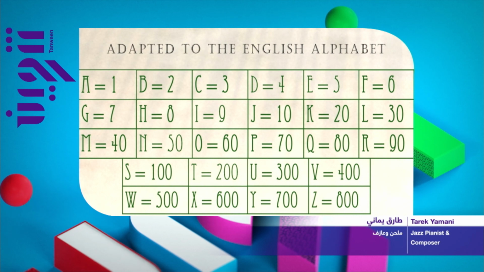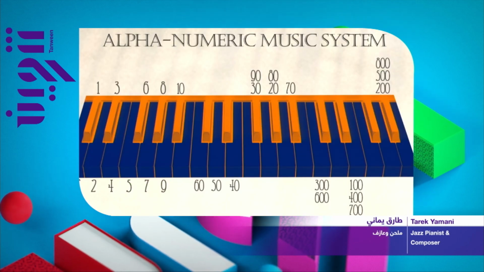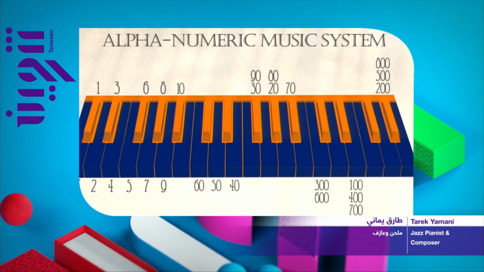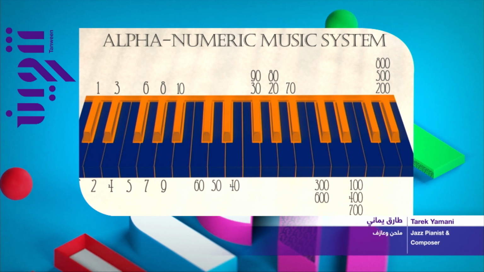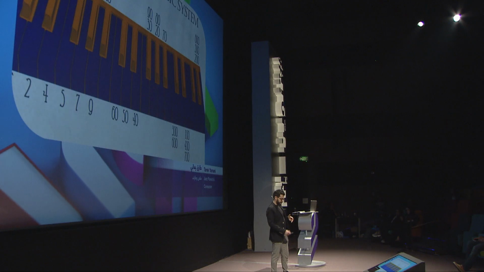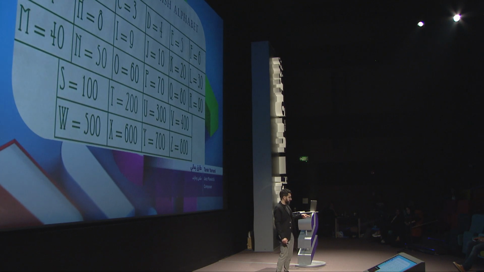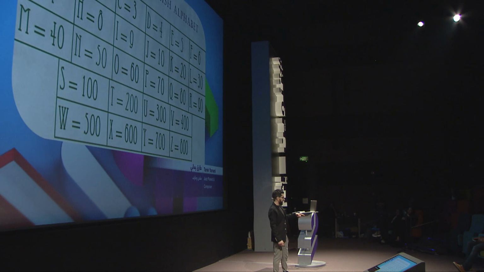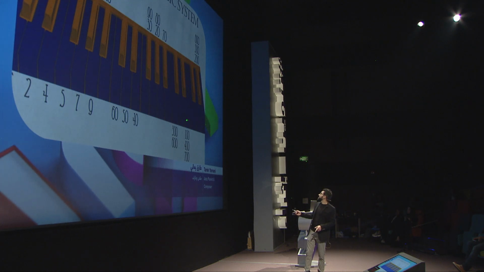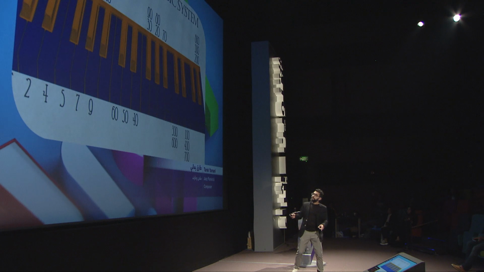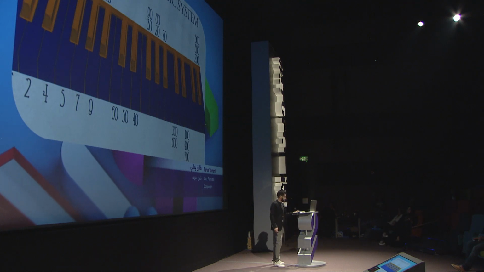So what I did is that I took these numbers, and I put them on a keyboard in terms of half steps. So 1 represents 1 half step from C, 2 represents 2 half steps from C. And then I get these numbers over a series of keyboards. For example, let's say Saudi. So SA. I look at this pattern here. What is S? S is 100 and A is 1. So I go back to this one. Where is 100? I see 100 here. That is E. So this is 100, E, and then 1 here is C sharp. So SA would make this note.